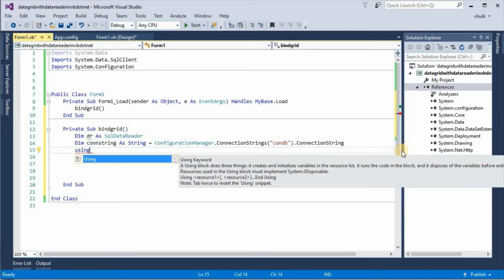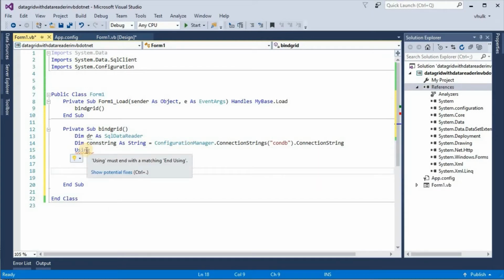Using must end with matching end using. So end using.